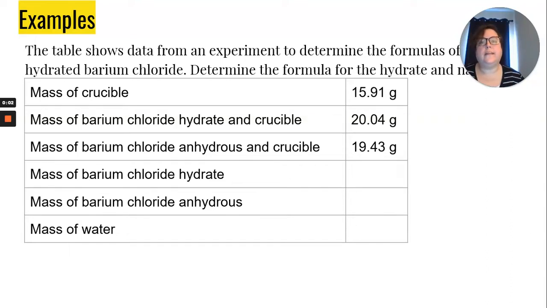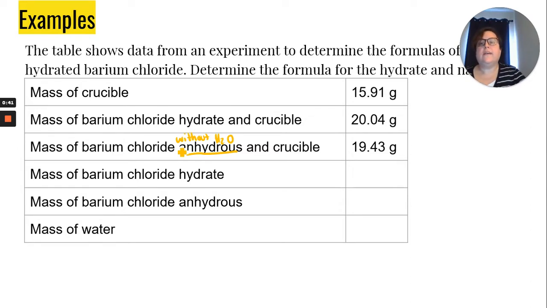All right, in this problem, we're looking at a hydrate. So this is how we would run our hydrate lab. We would find the mass of the crucible, we would find the mass of the hydrate and the crucible. We would heat that, wait for all of the water to evaporate off, and then we would be left with the anhydrous. So remember, anhydrous means without water. Then we can look at the numbers and we can solve for the formula, and then we can name this